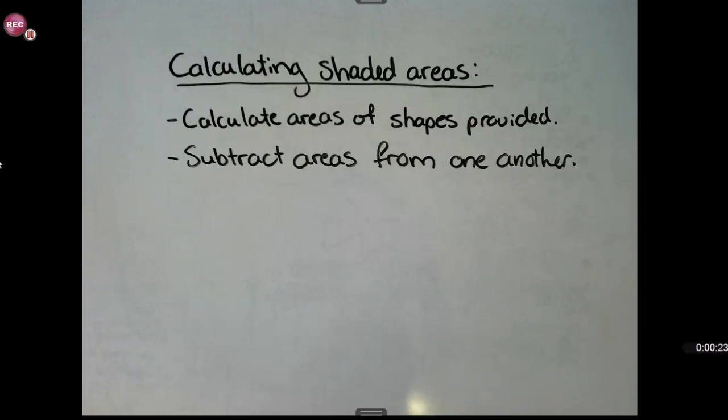shapes that are given. Now, two things that you need to understand. In order to calculate the shaded areas of a shape, obviously you'll have to first calculate the areas of the shapes provided, and that would be obviously using the correct formula for the shapes given. Then secondly, you will have to subtract the areas from one another to obviously give you the answer for the